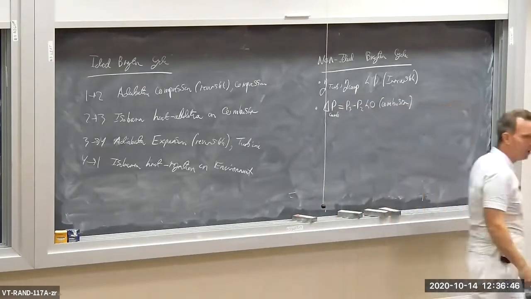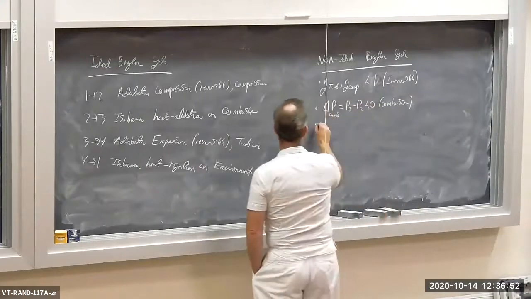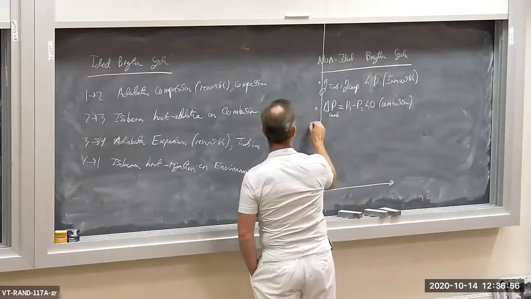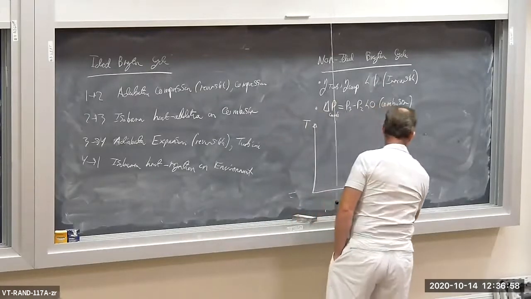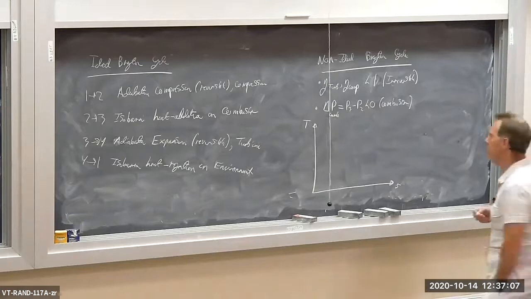Might be a pressure drop across the combustor. So these are all possibilities. How does this change our TS diagram? For a more realistic gas turbine involving the possibility of pressure drop in the combustor and inefficiencies in the turbine